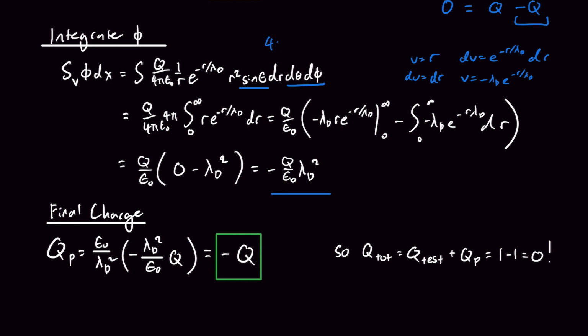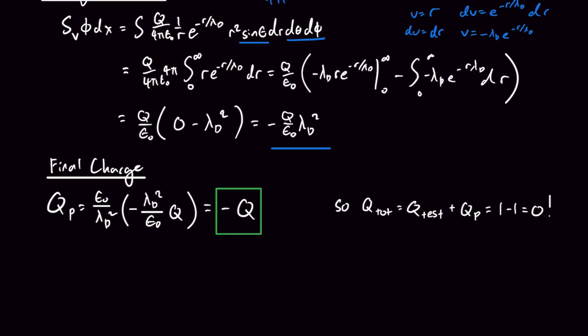So overall, this will become 4 pi, and then we can take that out, and then all we have to do is integrate r. So for r, over here we have r times e to the negative r. To integrate this, you'll usually just try to use the uv minus